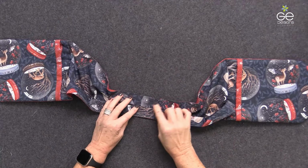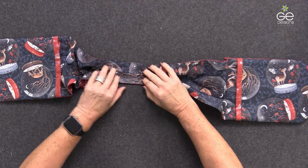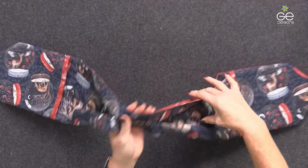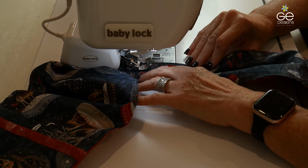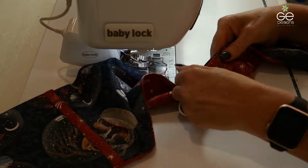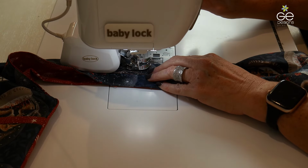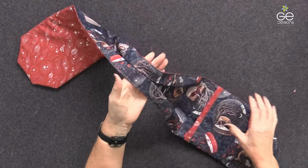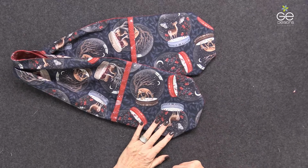And then if you want to, you can secure by stitching on each side just along that top stitch line, so you're catching that fabric underneath, and just to secure it. So I'm going to go ahead and do that. So here we have it pleated in the middle. It's top stitched on each side. So now it's nice to hang up and it's ready to use the next time you are cooking something fun